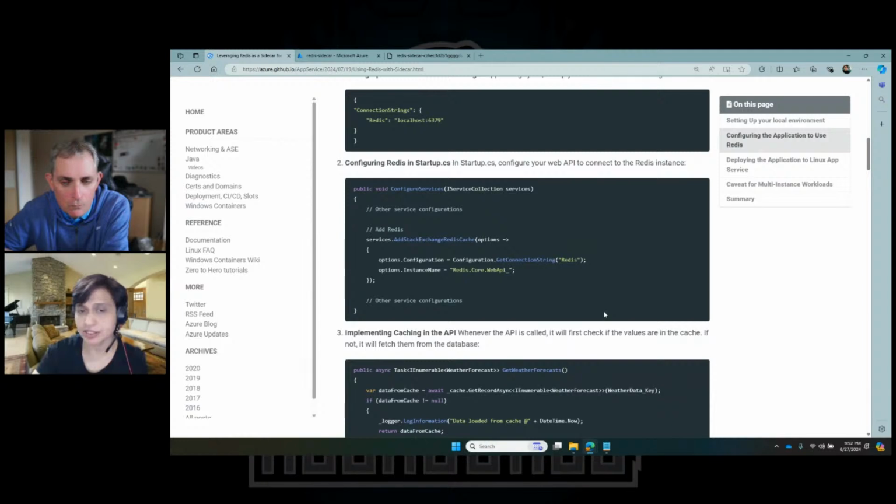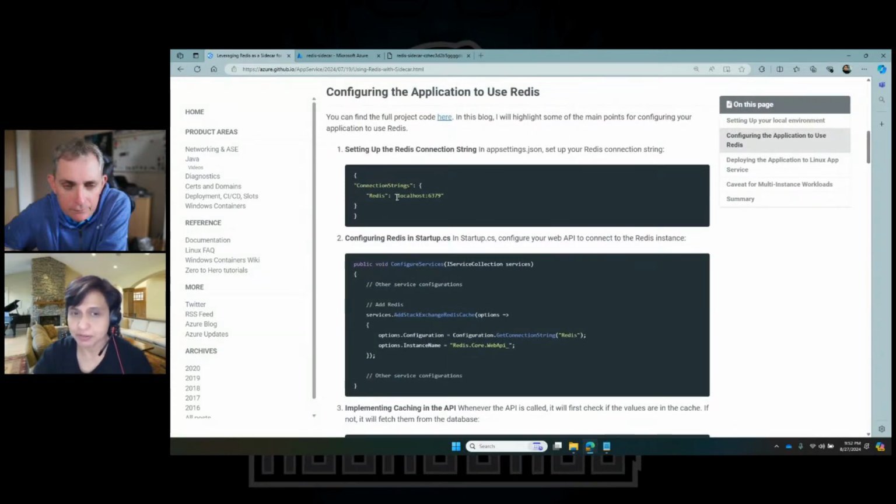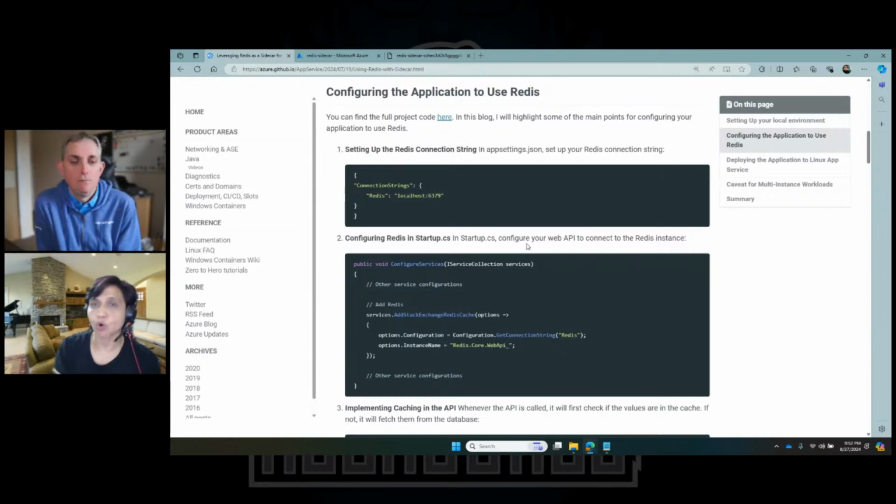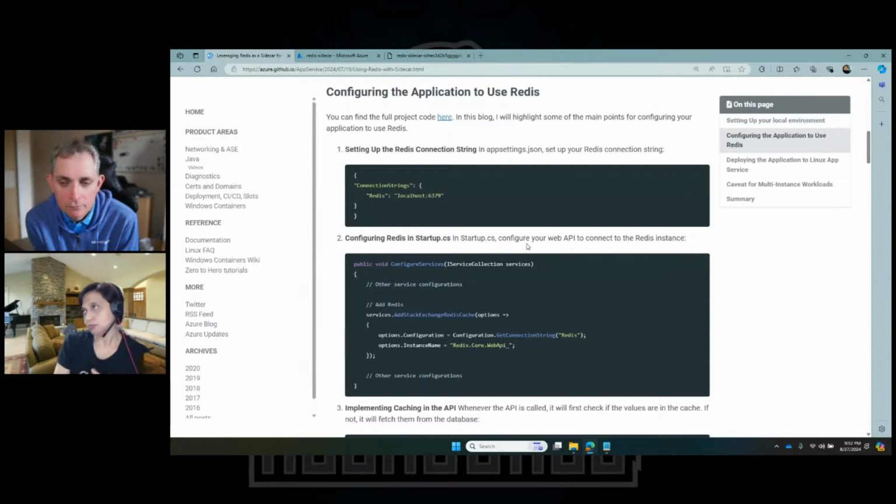So here you can see that this is again a .NET application. In this .NET application, I am configuring that we are going to use Redis, and we are specifying the connection string. But the connection string is really simple. It's localhost 6379. 6379 is the default Redis port, and it's localhost because remember the diagram that I showed you where everything was running on the same network and could talk to each other. So you don't have to worry about complex network connection strings and how do you go out and open ports on your VNet and so on, because it's just running locally and you can connect to it.